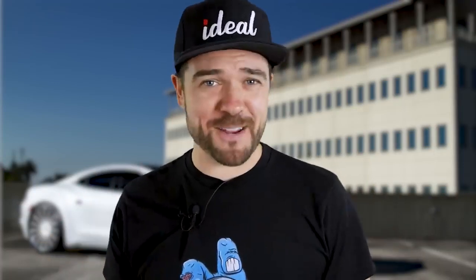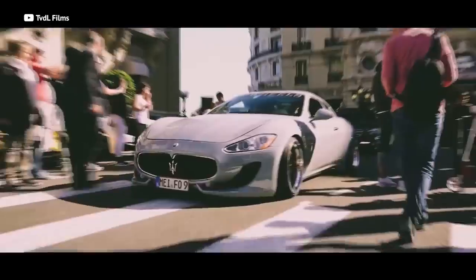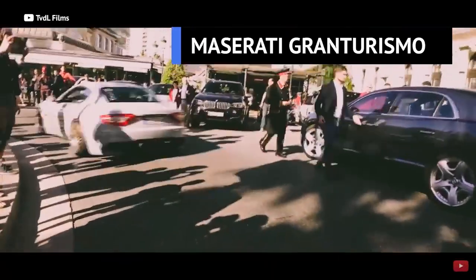Because this one hauls ass and burns gas, baby. The Maserati Gran Turismo is the perfect car to be a baller in. With that